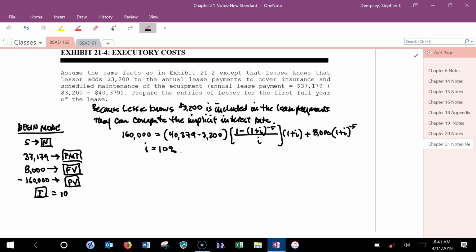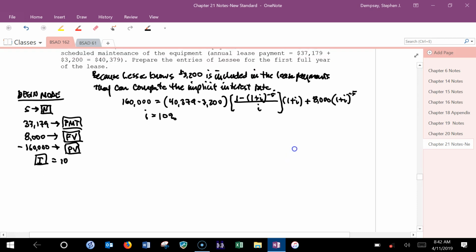And everybody else? Okay. Yeah, Cole? Sorry, under what circumstances would the interest rate in 21-2 be different from the implicit rate that we just found? You mean the implicit interest rate be different? I haven't changed that. I'm just trying to discern what it is from the lessee's standpoint. So that's the point. If the executory costs were unknown, the lessee would have to use their incremental borrowing rate instead, because they wouldn't be able to determine the implicit interest rate. Okay?